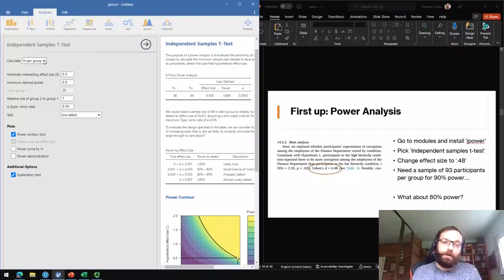Our key point of information here is to calculate n per group. We want to calculate how many participants we need in each group to be able to confidently detect our effect. Obviously, we can also calculate power and effect size and things like that, should we want to. But we're going for this. So, starting at the bottom of the